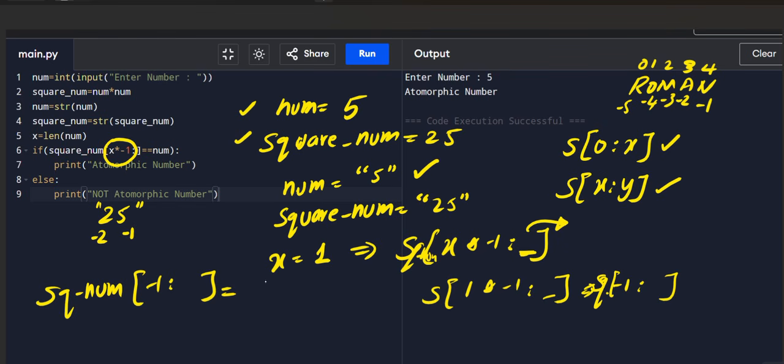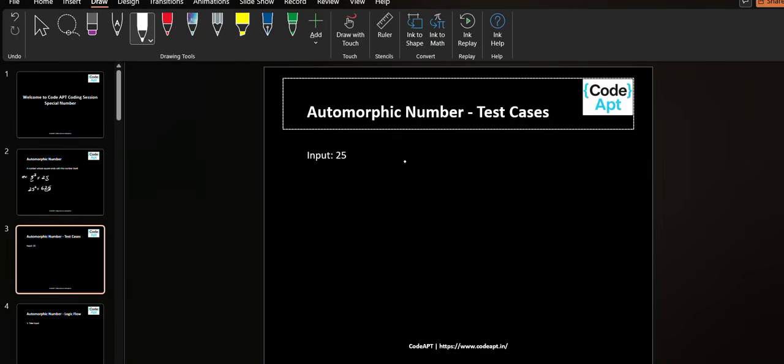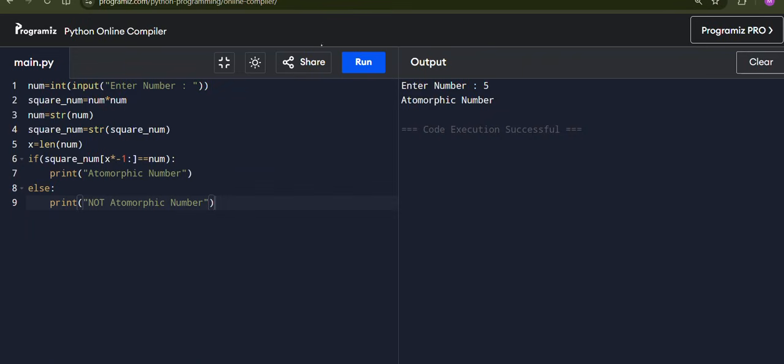So in this string 5 is sliced. Now this 5 is compared with my entered number, hence this is true. Output is automorphic number. So we have written here, printing mistake, automorphic number.